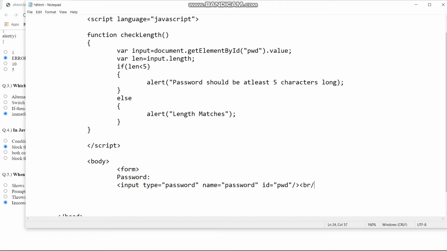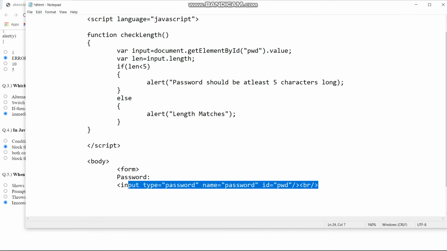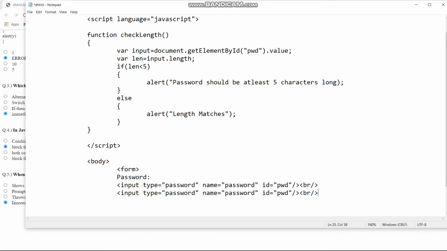After this you need a button to submit this value. Only then it is going to show you the message that we want above. So type will be submit, and the name will be submit, and then the value equals to click on me. Yeah, we need a button that says click on me, and then we need an event attribute that is onclick equals to checkLength. It needs to run this function.